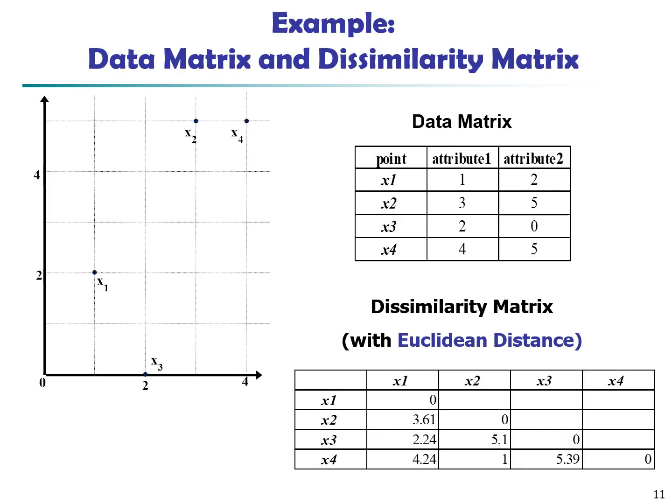Now, we continue with this similarity matrix, but this time we're going to use it to calculate the distances between data points, and in this case we have numerical data. If you notice, we have objects x1, x2, x3, and x4, and we have 2 attributes for each one of them, and each object can be represented as a point on the x and y axes. Now, to calculate the dissimilarity matrix, one way to do it is using the Euclidean distance